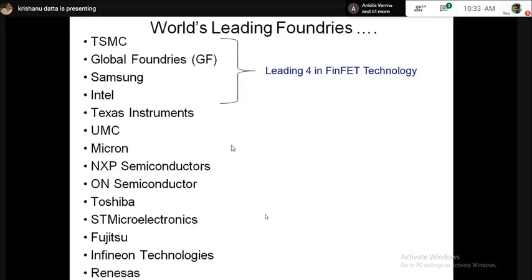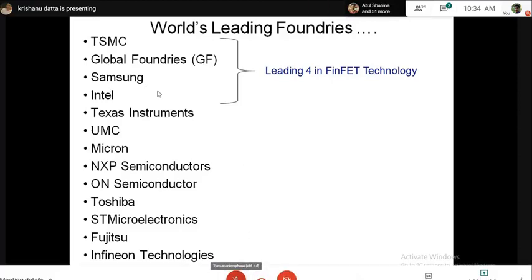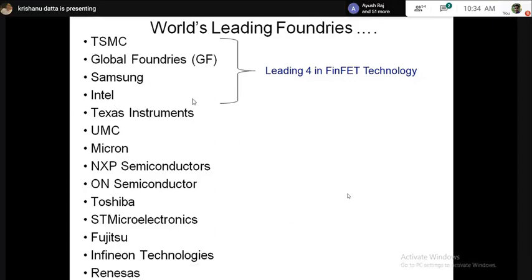Taiwan Semiconductor Manufacturing Company. Yes, company or corporation, rather multinational company. We say always corporation. So that's perfect. Very good. TSMC is definitely, as the name suggests, a Taiwan-based multinational company. GlobalFoundries is basically US-based. Then Samsung. Can you tell me from which country Samsung came up? South Korea. Yeah, obviously Intel is there. All of you know Texas Instruments, right? It's another US-based company.